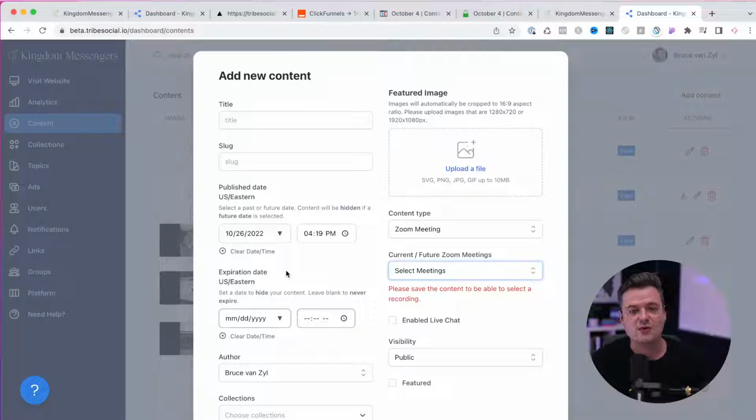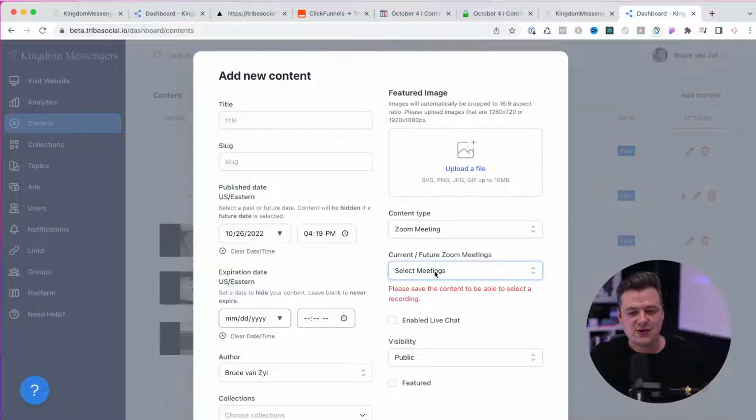And it works great from mobile as well, from the mobile website and from the mobile app. After the meeting, if you have connected a meeting here, it will actually take that recording. It has to be a cloud recording through Zoom. It'll take that recording and move it to our platform video hosting. So that means you don't have to go in and upload it or any of that. It is just going to move it for you, and it'll be available for replay as soon as it's available